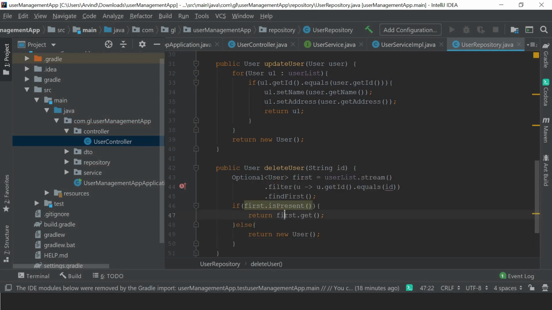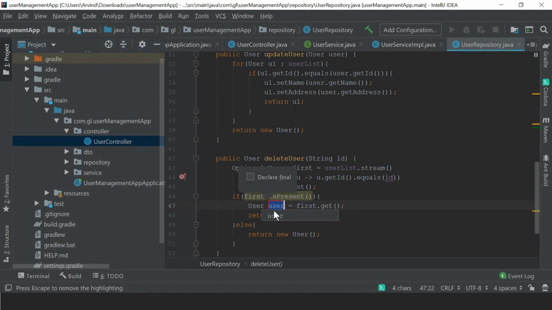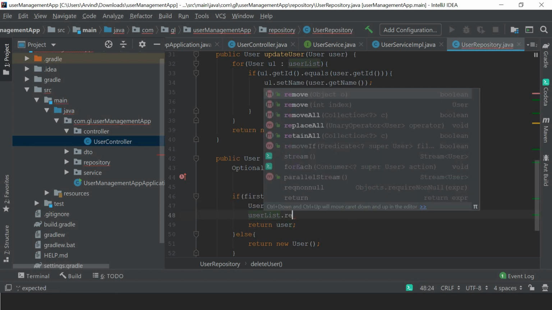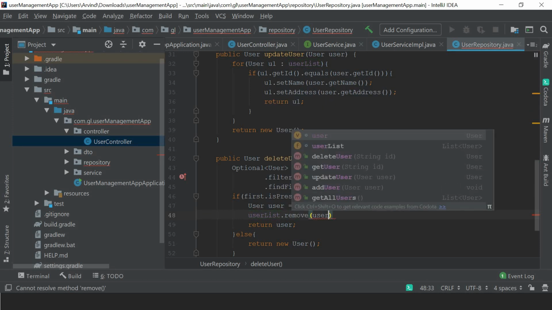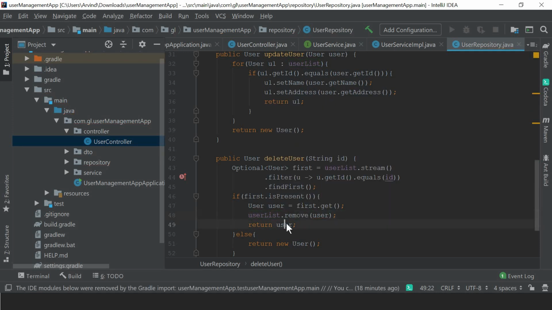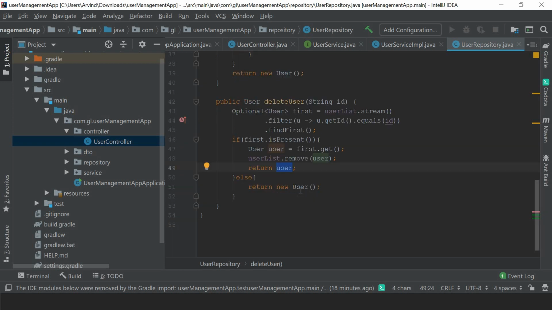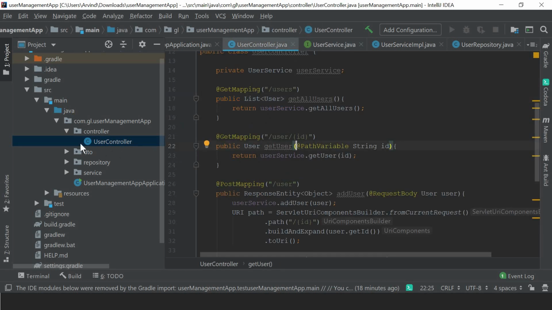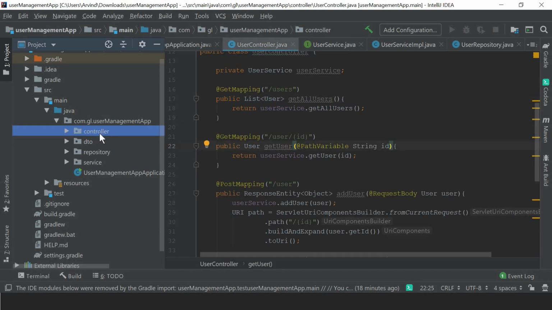Make it a local variable, introduce local variable. Okay, got it. And delete it from the system. User list dot remove user, and return this user that has been deleted. And if it is not found in the system, return null. So I think we are done with the designing of the system, and let's take a look at the structure